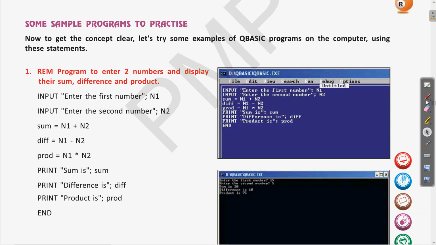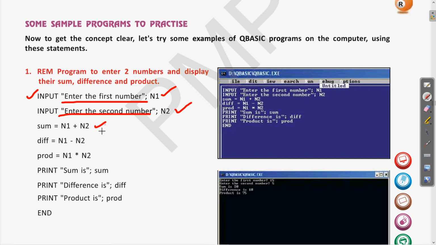So first line is enter the first number. Clear? So whatever the number we want to get printed, we are writing this with the input command. Earlier we have written this statement with the print, but now using the input we can combine these things. So the input and the message will be printed along with it. So it is giving enter the first number, this is the message, and n1 is the variable in which the number will be saved. Then second number, that is input, enter the second number, and then it will be saved into n2. Now whatever the operation which you want to be done on these numbers, this we have written.